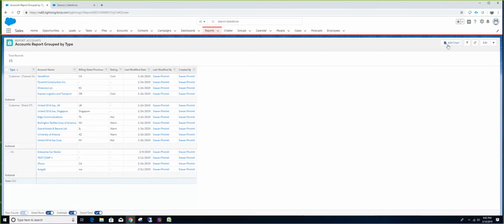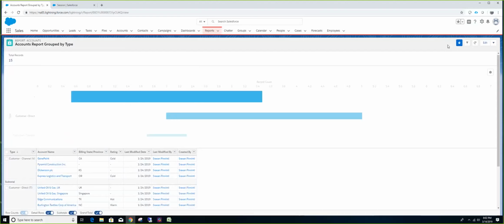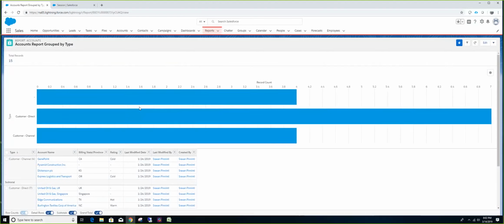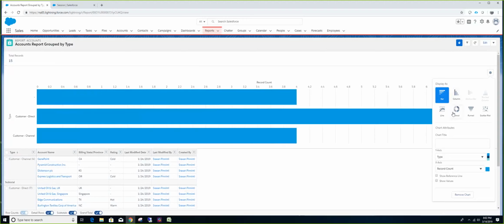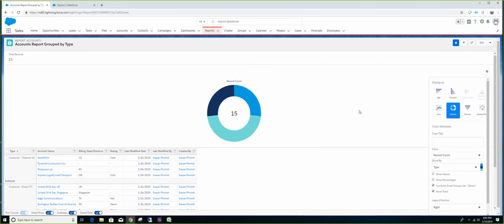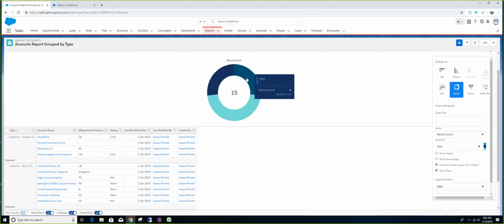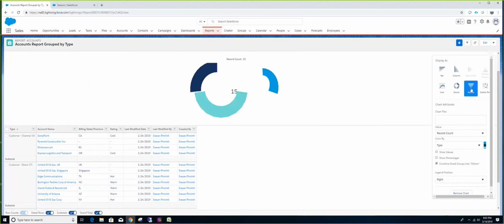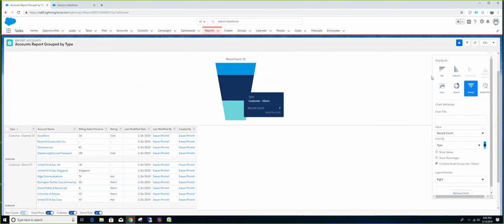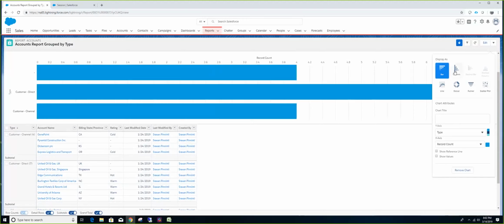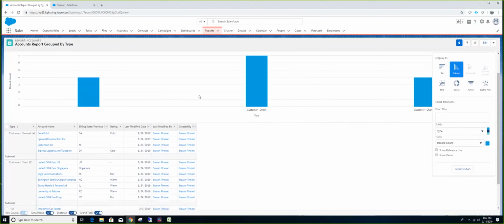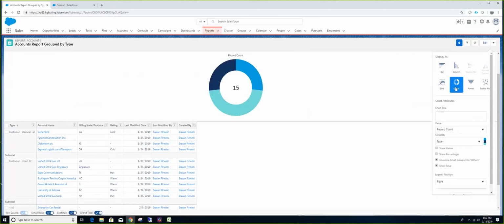And then you can also add a chart to it. Let's say we add a chart; automatically, depending on the record count, it is showing it. We can have a donut chart, and you see customer channel 4, customer direct 7. You can have a funnel, a bar graph, or a column bar graph. I like the donut chart for this.